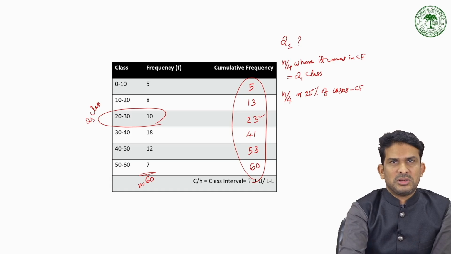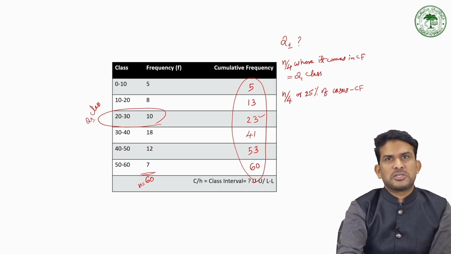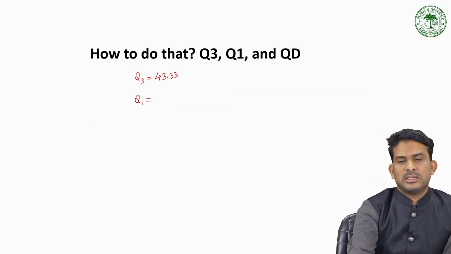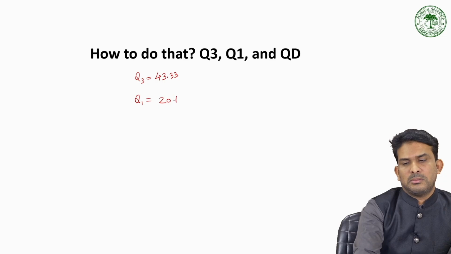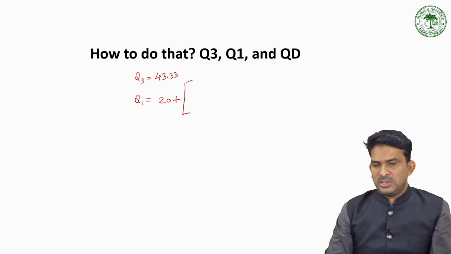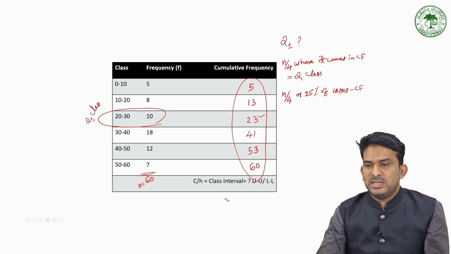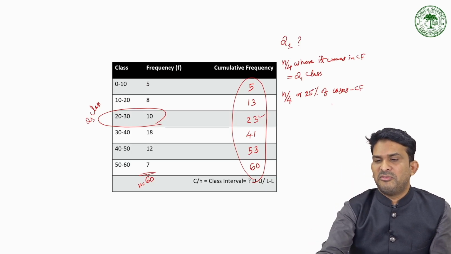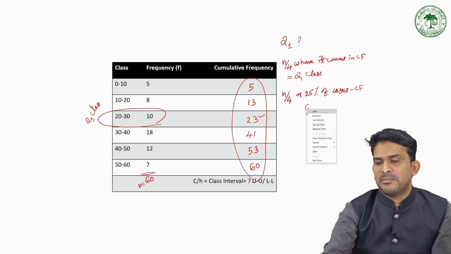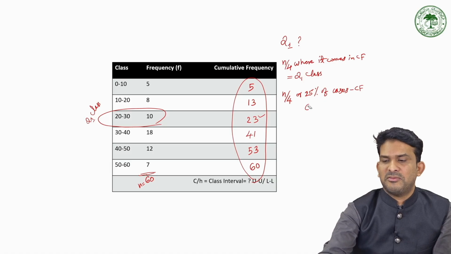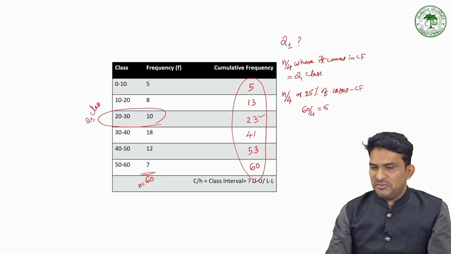Why do I take 20, not 19.5? Because this is an exclusive distribution. So I'll take 20 only. So let me come again. 20 plus, what is the equation? N by 4. I have to go for N by 4. What is N by 4? I got N by 4 is 15, right? 60 is N. We have just calculated N by 4, right? What is N? N is 60. 60 by 4, we got 15. So N by 4 is 15